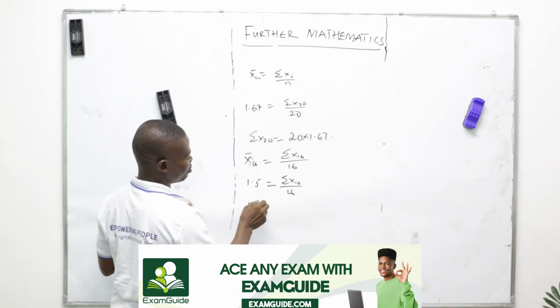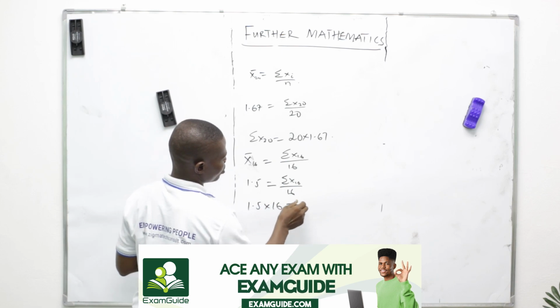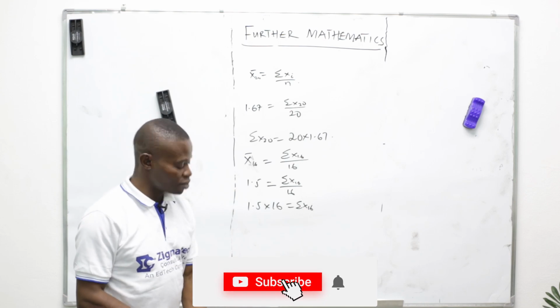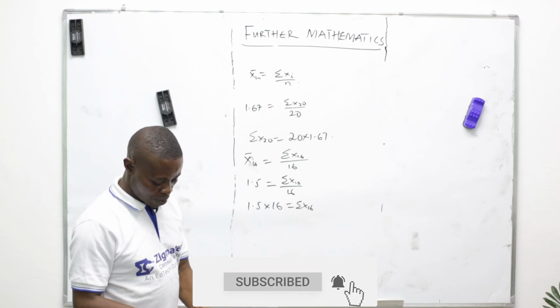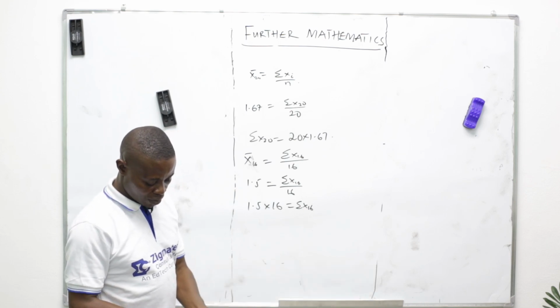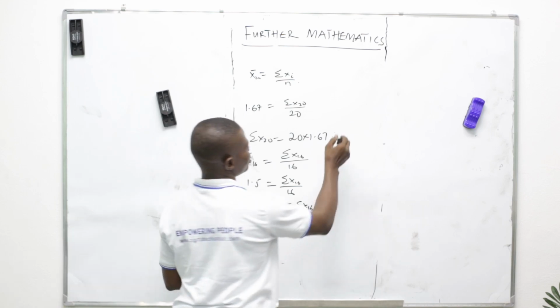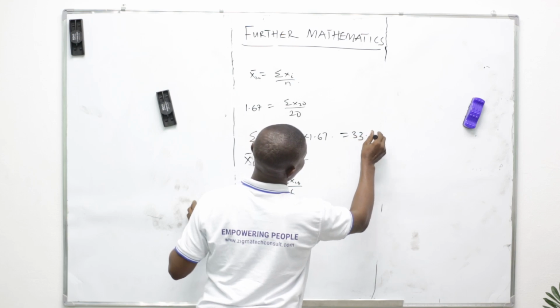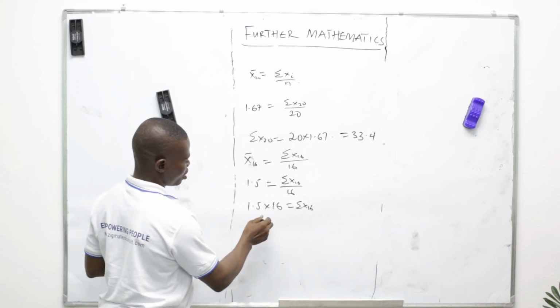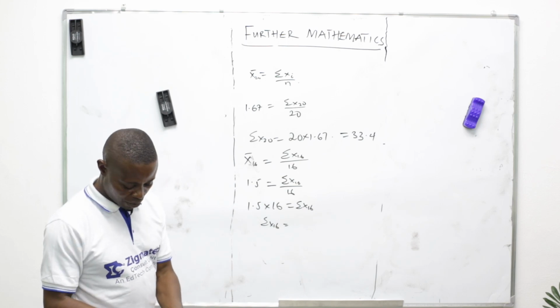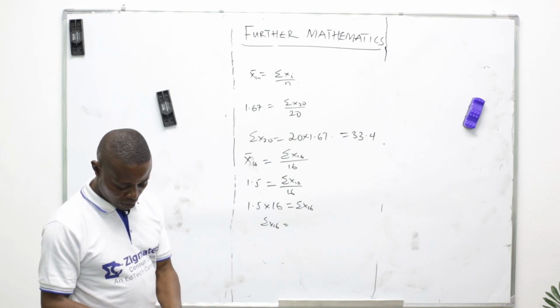That is 1.5 times 16 equals summation x16. Now let's multiply out first. 1.67 times 20 equals 33.4. And summation x16 equals 1.5 times 16,